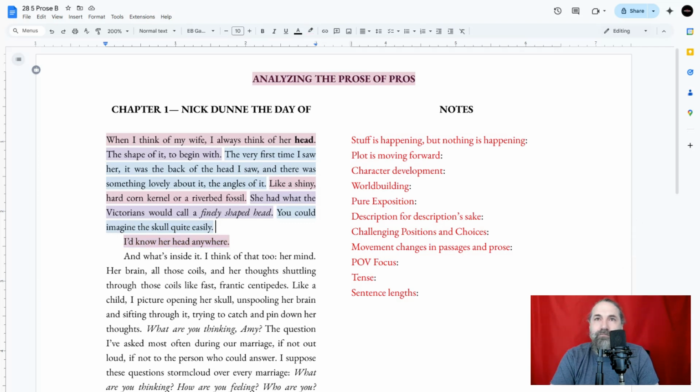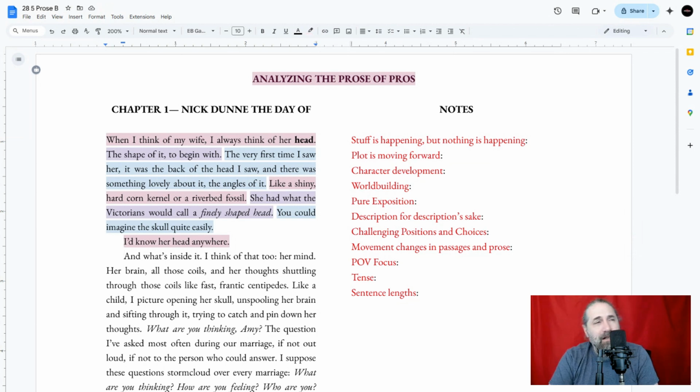You can imagine the skull quite easily. It's quite recognizable. So if you added that, it's not this particularly, but it is the same thing, that it's something people could recognize. That would stay in this because it's still talking about the description of it. But once it is a claim, it becomes a claim. Now it becomes a new movement.